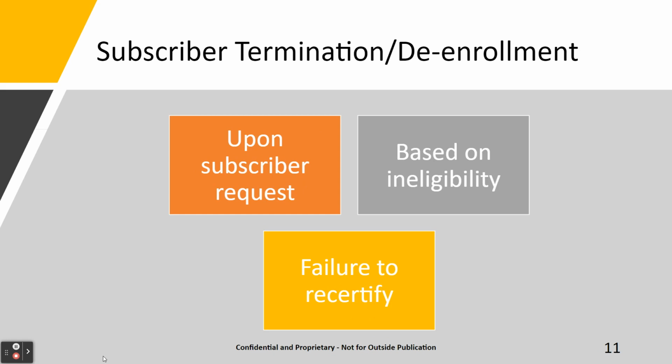Second, when USAC or TPA advises AMBT that a Lifeline subscriber is receiving Lifeline service from another provider, or that more than one member of the subscriber's household is receiving Lifeline service, we must de-enroll them within 5 business days. The 5 business days de-enrollment requirement also applies when USAC or a TPA advises AMBT that an ACP subscriber is receiving ACP service from another provider, or that more than one member of the subscriber's household is receiving ACP service.